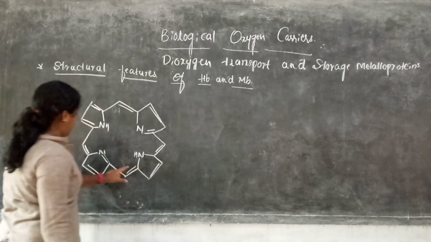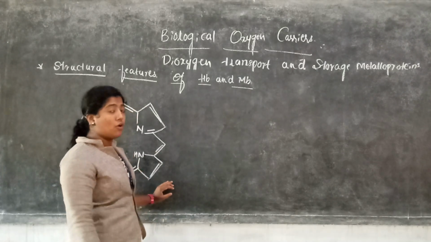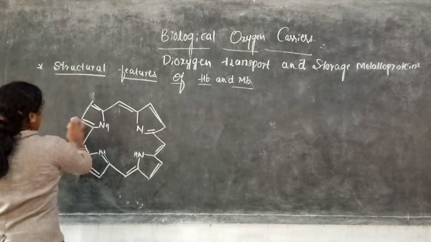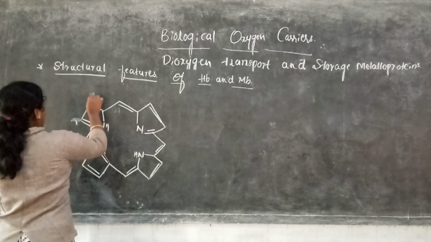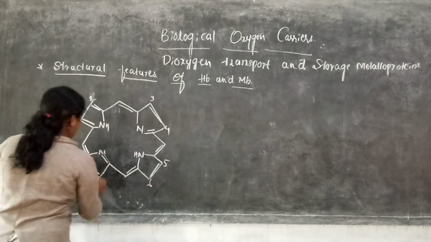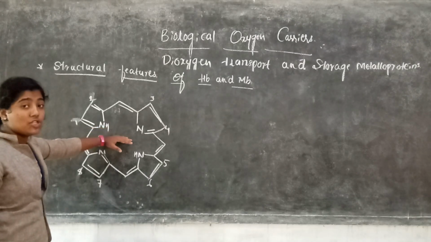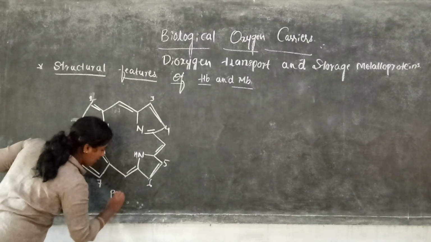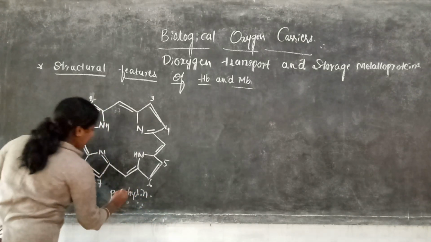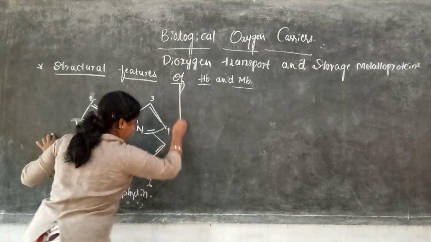So in the porphyrin structure we have 11 conjugated double bonds, then the numbering in the tetrapyrrole system. So 8 numbered pyrrole positions here, 1, 2, 3, 4, 5, 6, 7 and 8. Okay, these are known as which? Porphyrin family. Okay, these are known as porphyrin ring. We discussed this in the previous class also. Okay, this is the basic unit for hemoglobin and myoglobin.